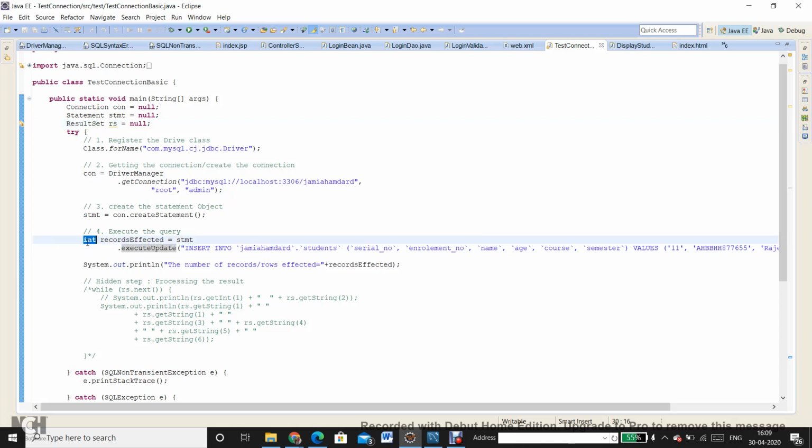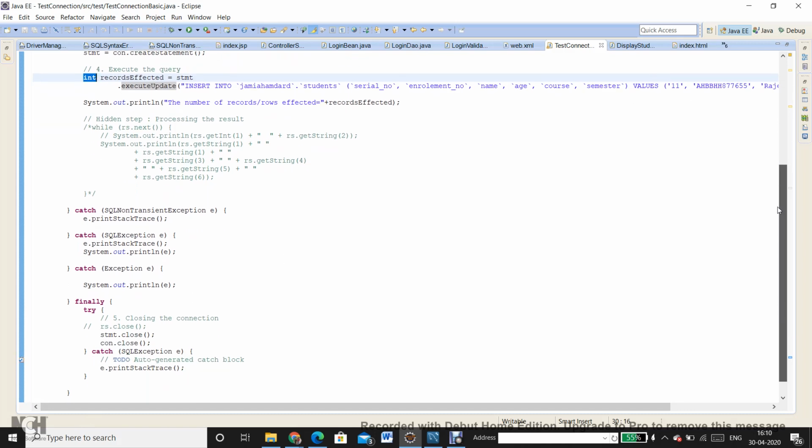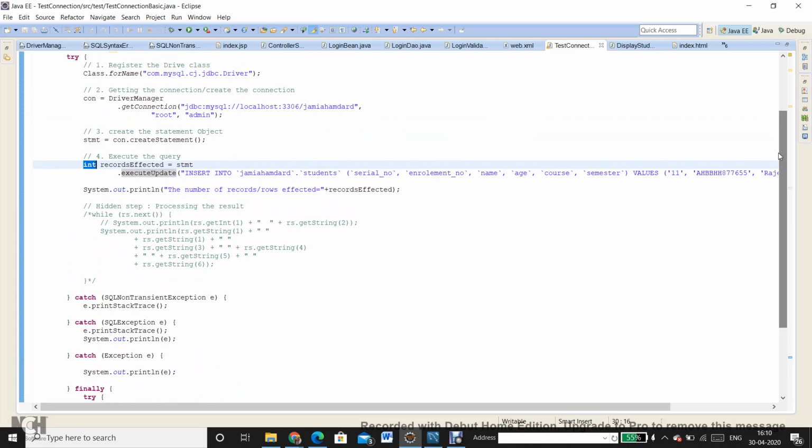It will be used only when I call an execute query method. So it remains null, and when it remains null, it is not initialized by a real result set object. So in the finally block, as soon as I try to close it, resultSet.close, you are calling a method on a reference variable which is pointing to null, so you get a null pointer exception, right? So that was the reason. So I just commented out this line. Statement and connection are still used, so they will be closed successfully.